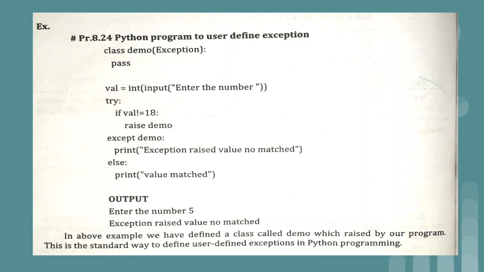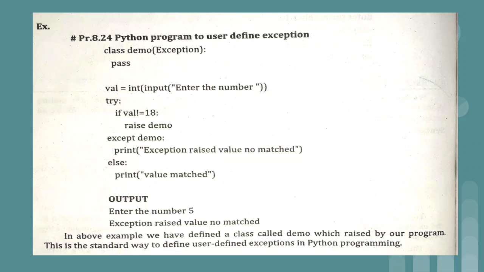Just see the program. Now we have not seen object oriented programming in Python, but here they have created a class. If you want to create a class in Python, just use the class keyword and the name of the class, that is Demo, like Exception, ZeroDivisionError, IOException. These are nothing but the names of exception classes. Similarly, I want the name of my exception class as Demo. So for the same, what I have written is class Demo in round brackets Exception. We have to inherit this Exception class.